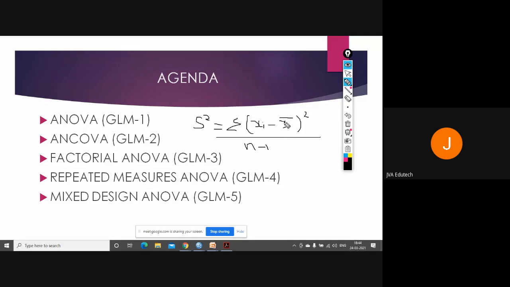Okay, x bar is the mean of all the observations and n is the number of observations. So through this formula, this S square is the variance. Now ANOVA is a way of explaining the ratio of systematic variance to unsystematic variance.